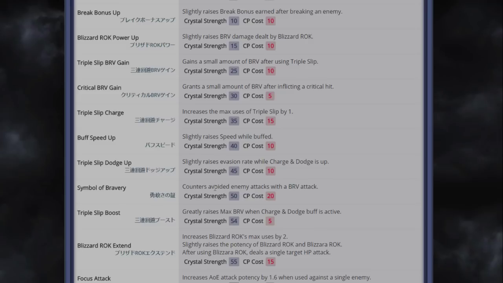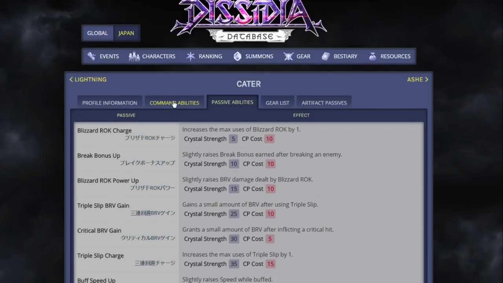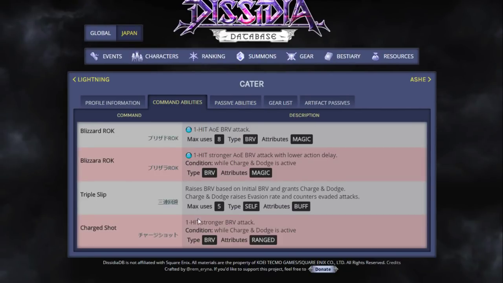Counters avoided enemy attack. So if the enemy attack is avoided, then you counter with a bravery attack. Is that what it is, or is it something else? Counters avoided enemy attacks. Or is it... Yeah, that's how it is, right? And that's what I'm getting. Which is weird, because